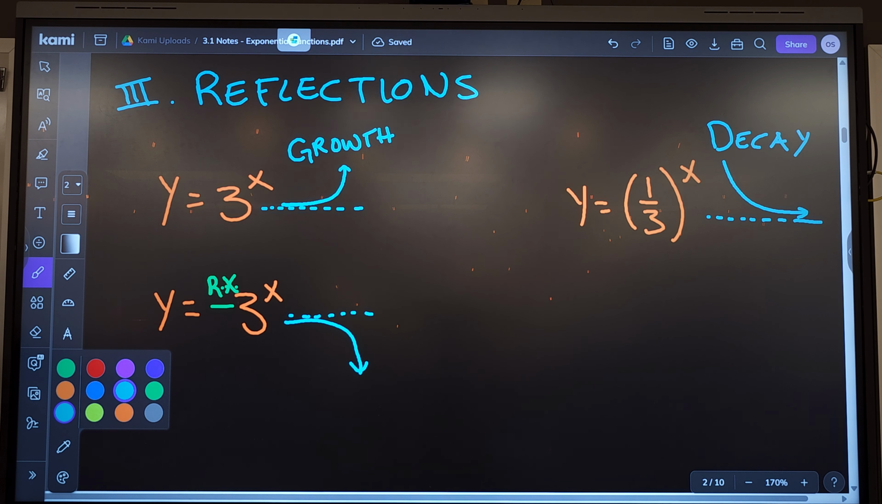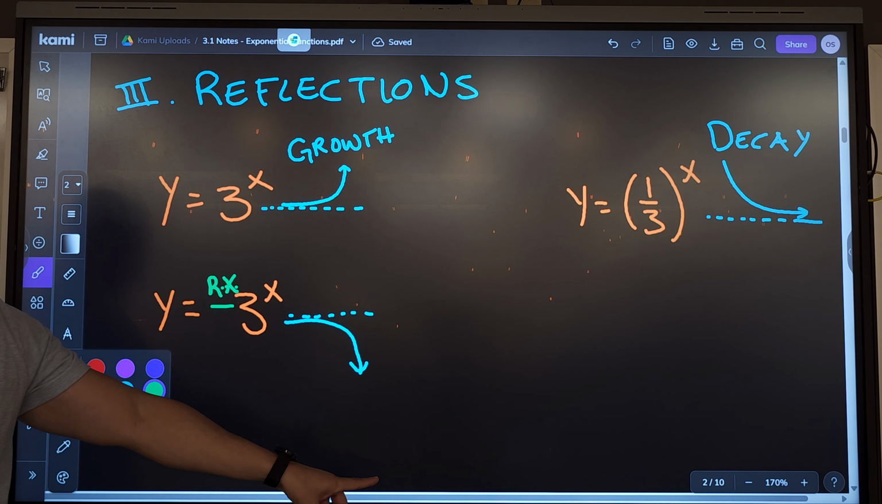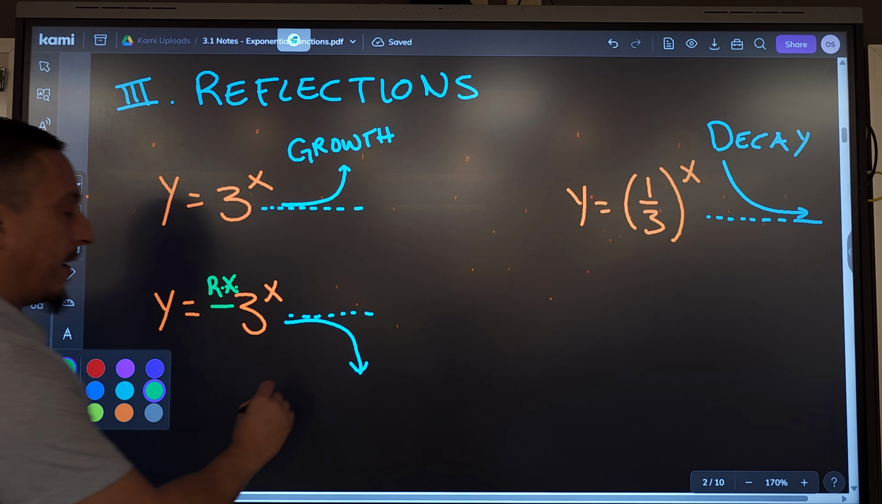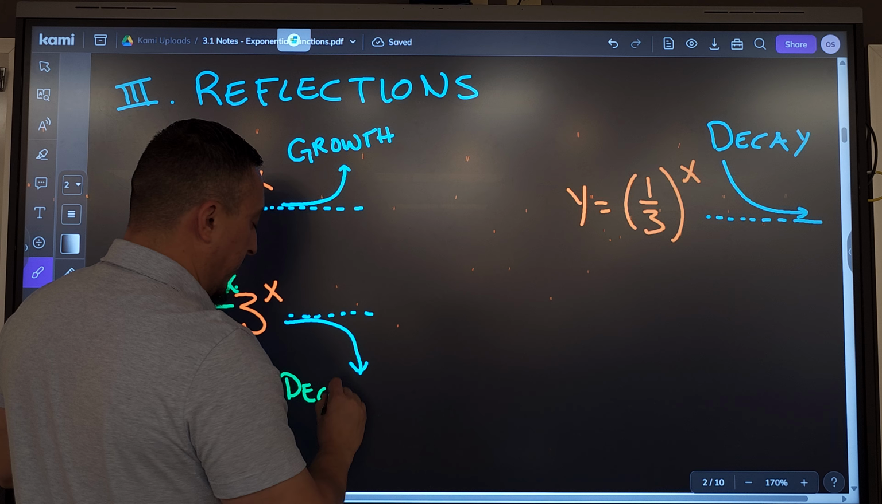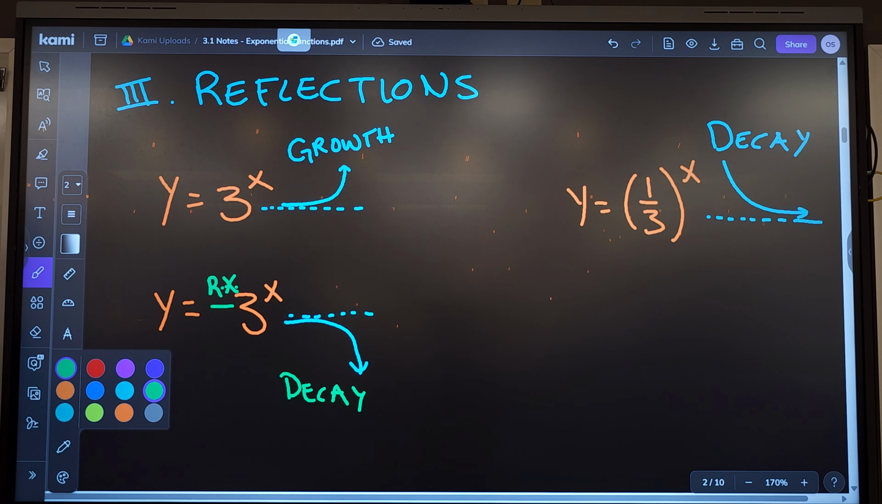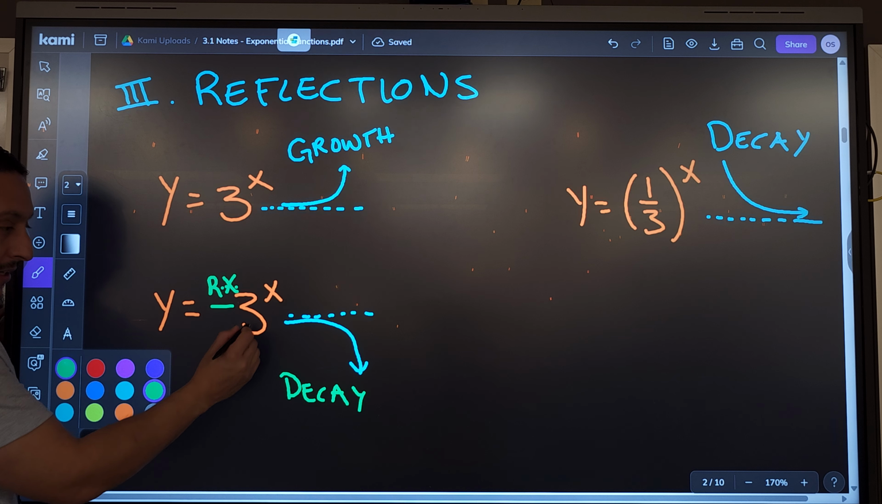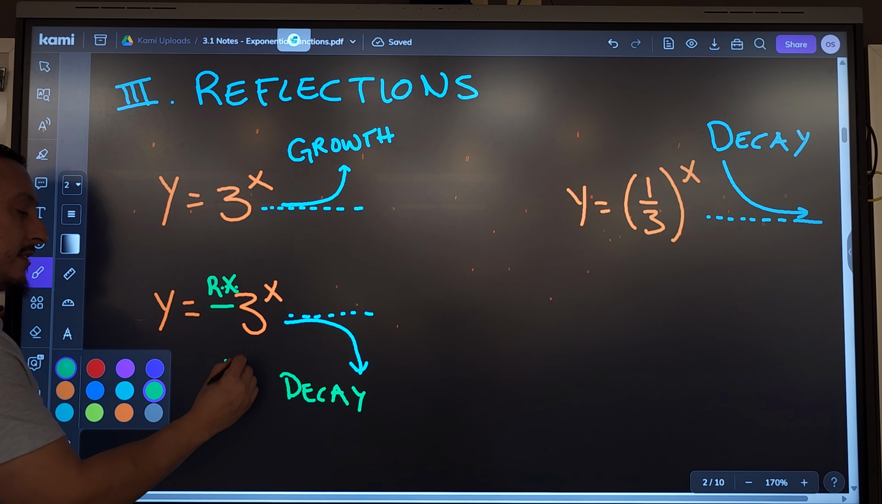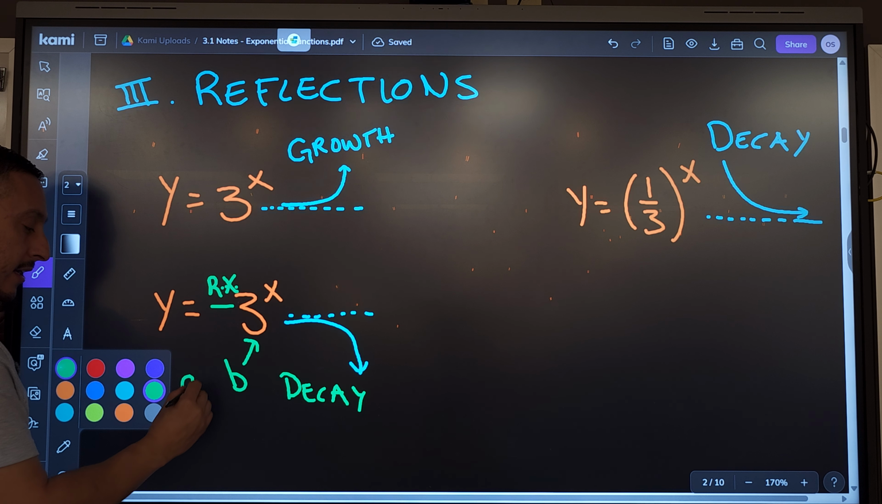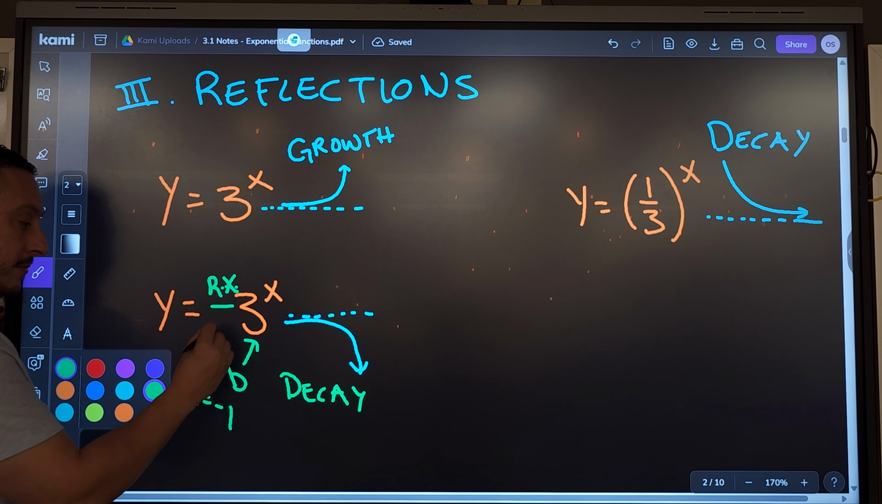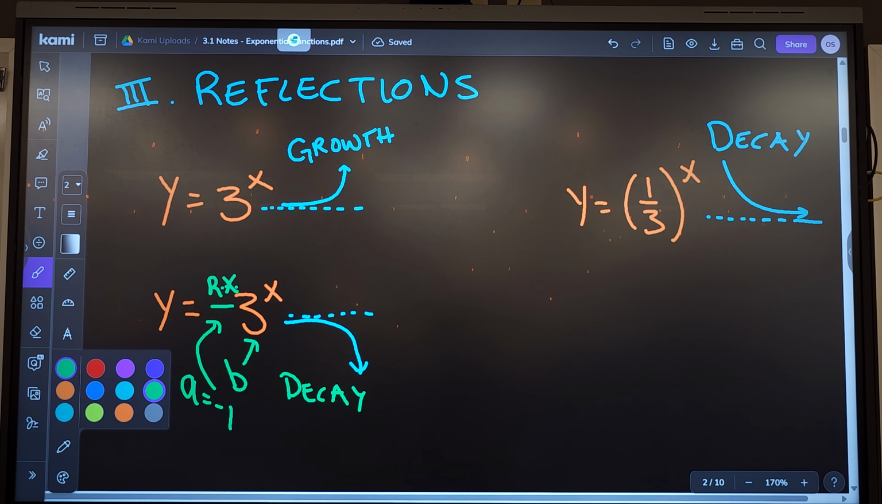Now, it also changed. Now it's not a growth. It's a decay. You flipped it, so it becomes the opposite. It's a decay now. So that's what a negative in the front does, okay? And by the way, B is not -3, okay? B is 3, and then A is -1. Just to be clear again,